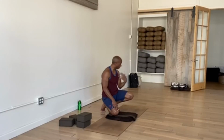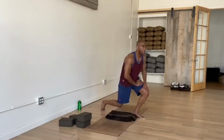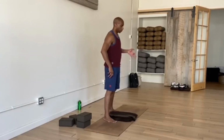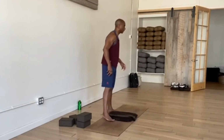Let's just go through another sequence here, just to keep movement in the body. Rest if you need to. But here we go. Inhale, extend right leg up. Bend and twist. Good. Big circles in the air with the knee. A couple of times one direction, then try the other direction. Check in with the mobility. Good. Inhale to kind of reopen, then exhale, unwind, step through, right foot to the top of the mat,